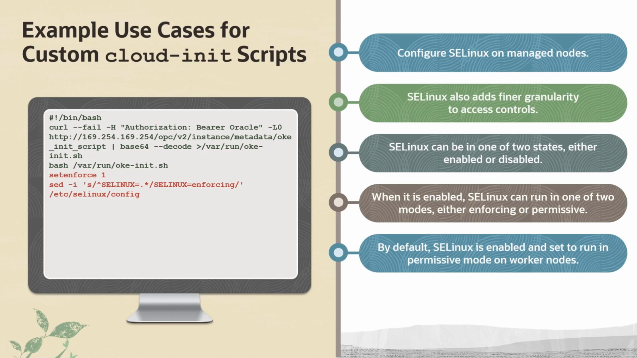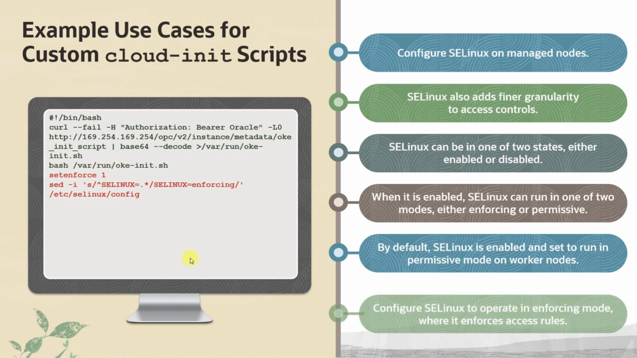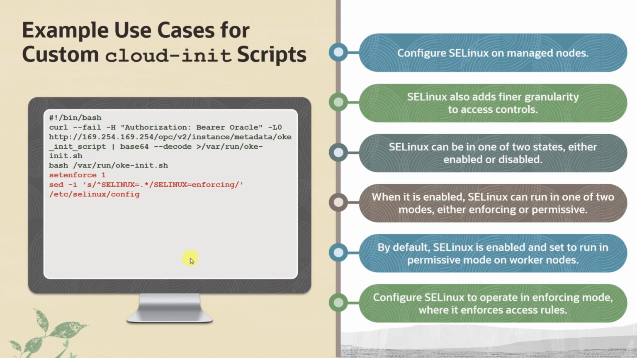To enable access rule enforcement, you can use a custom cloud init script, and the script is shown on the screen. These are the lines that we must include below our default startup script. This script sets SE Linux to run in enforcing mode, actively blocking actions contrary to the policy. Upon execution, the script ensures SE Linux operates in the desired mode, providing administrators with a finely tuned security layer